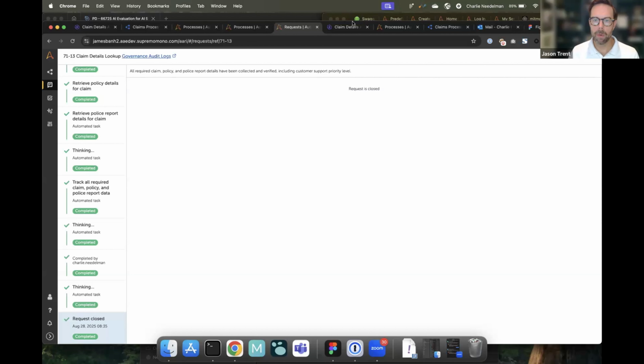There's another question: don't we need to create a process or workflow and use tasks? Will the workflow automatically be created? Do you want to tackle how agents and processes are intertwined? Yeah. Talking about workflows, obviously, this is our process composer, your standard workflow. When I get to the bottom, if this is a successful path, I mark it as completed; if it's not, I can mark it as failed.